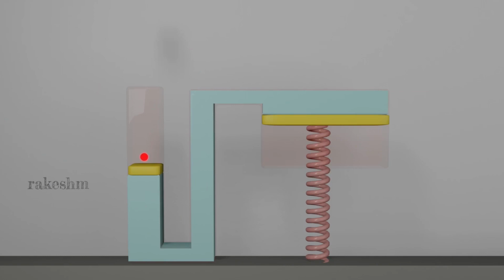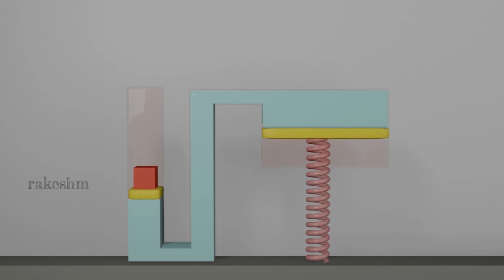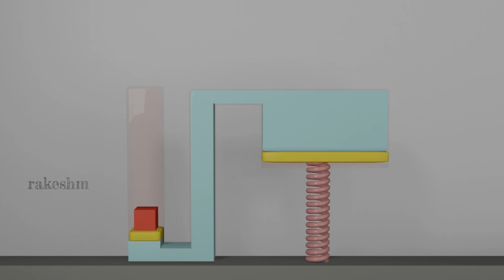Now let us put a mass on this piston so that the piston B goes till the end here. Okay, so this is the initial level of piston B and this is the initial level of piston A, in the initial condition. And the height between these two levels was 20 centimeters. Finally, the piston B has come to this level and the piston A has come to this level.